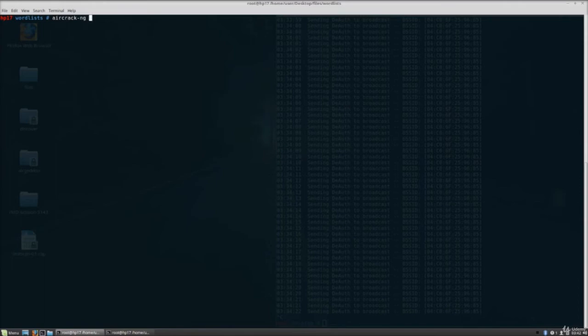aircrack-ng, and this command takes two arguments. The first one we specify with -w, and after it we specify the name of the word list or the full path to the word list. In my case it is right here, files, and then I believe word lists, rocku.txt. Yeah, this is the word list that I'm going to use. I typed the real password in this word list, so we know that it actually should manage to crack it